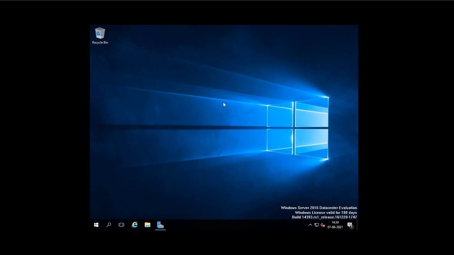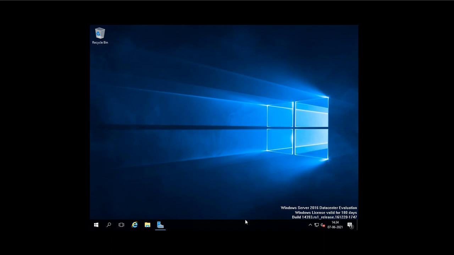It is not showing in full screen. You can see it is showing a small screen here. So what can we do? We can install VMware Tools into it so that it will get full screen. For installing VMware Tools, this is our virtual machine.